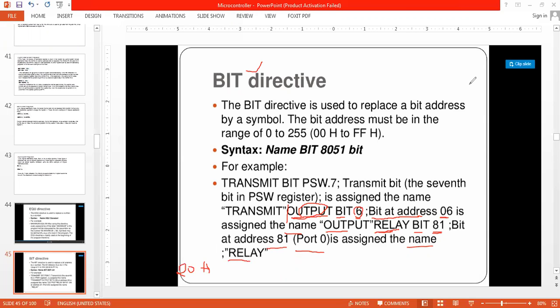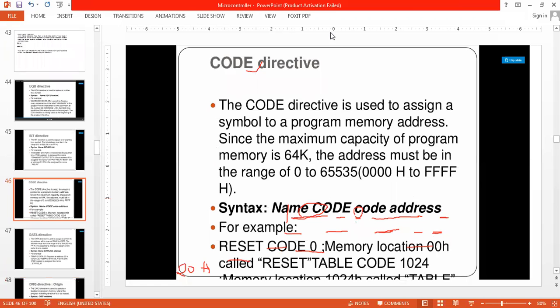Then the code directive. Basically this directive is used to give a symbol to a memory location in the program memory.